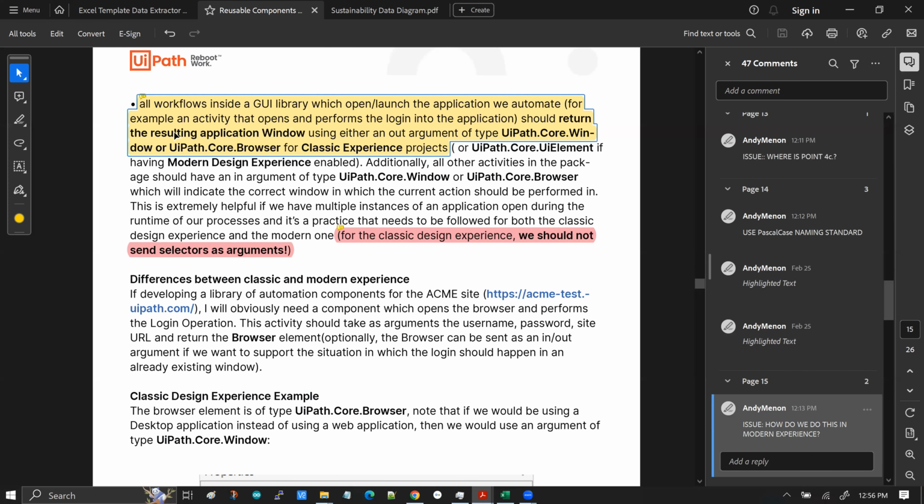There is another problem that I found here, and you can see that this can leave you confused. If you have used the classic library, for example, let's say Excel, right? If you use the Excel scope activity in the classic experience, you can get a reference back to the workbook object, right? And you can take that workbook object and pass it to every other flow that needs to work on that Excel, right? I have done that myself when implementing several REFramework